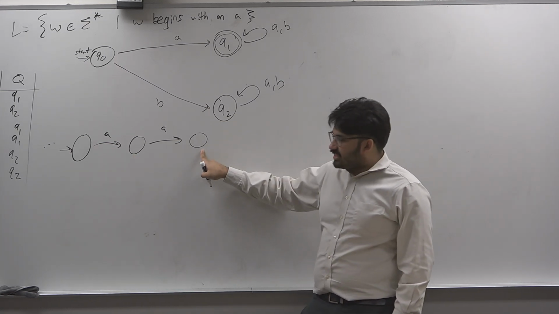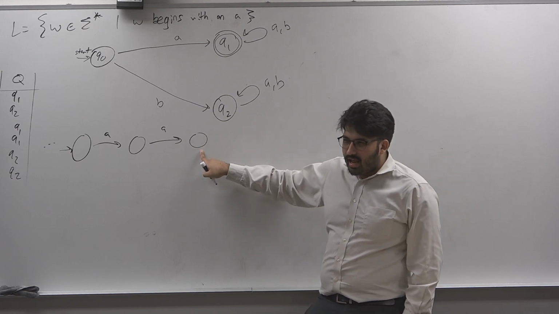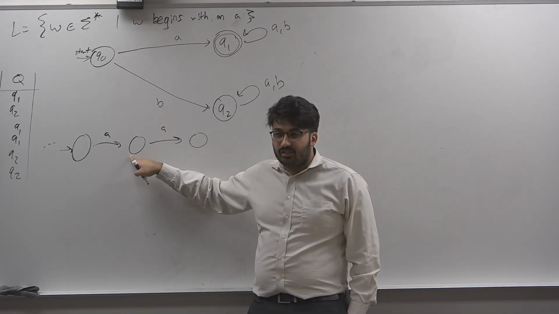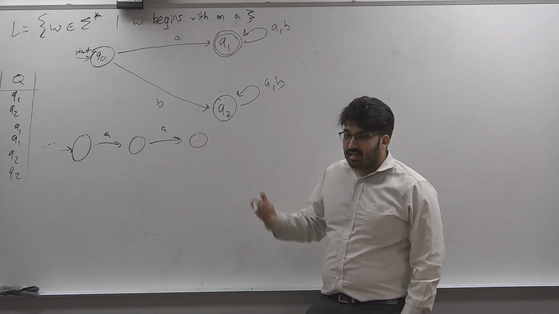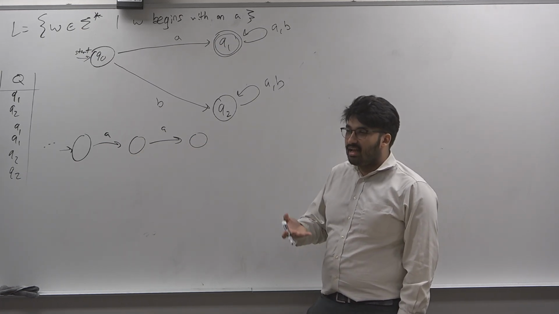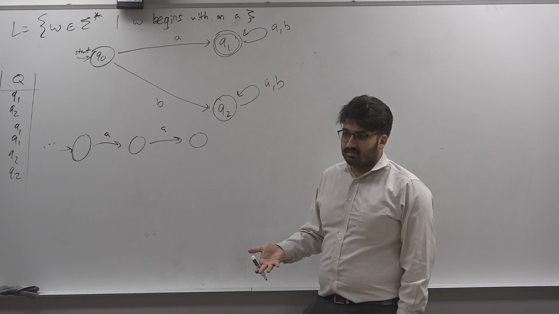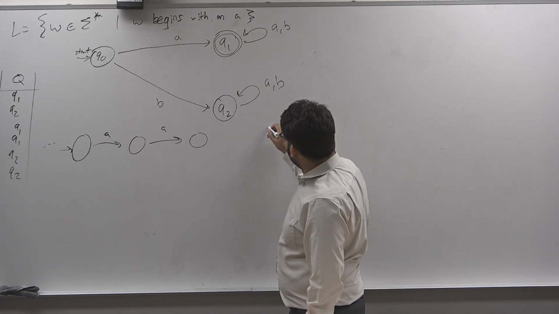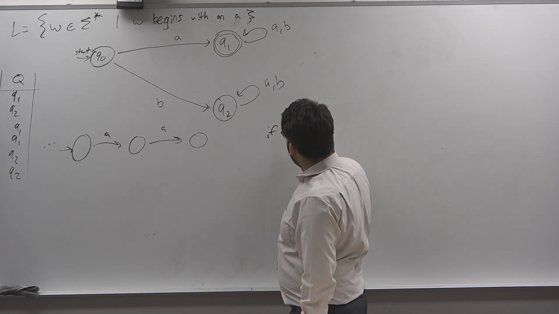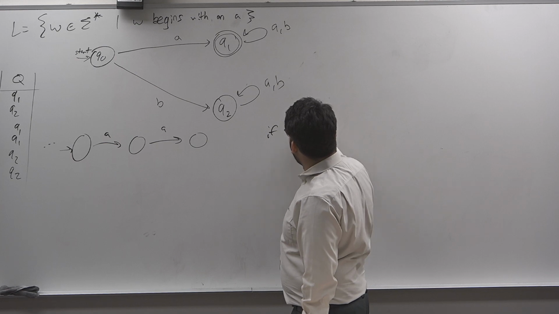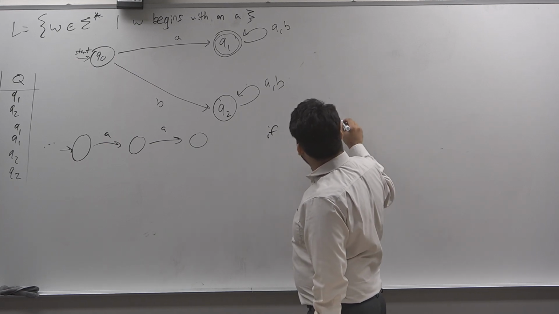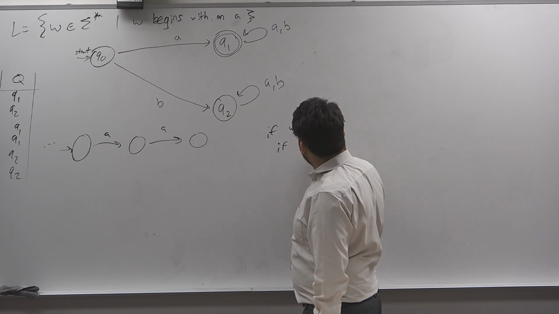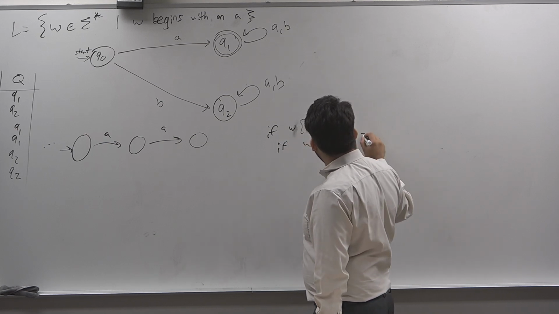Then if you're in this state, you know you just saw an A, coming from the state in which you just saw an A. So when you are in this state, you can assign a meaning to the state, which means I know I just saw 2 A's. That's kind of analogous to if W of i is equal to A, and then if W of i plus 1 is equal to A,